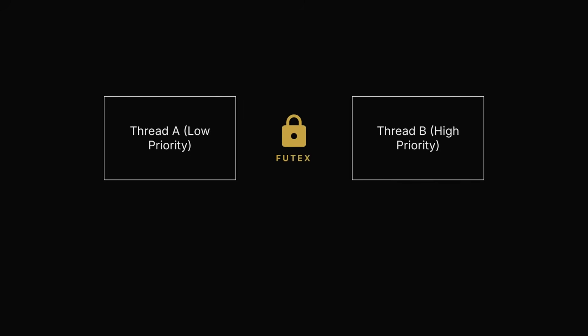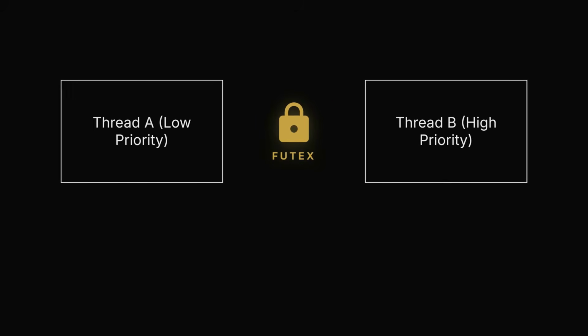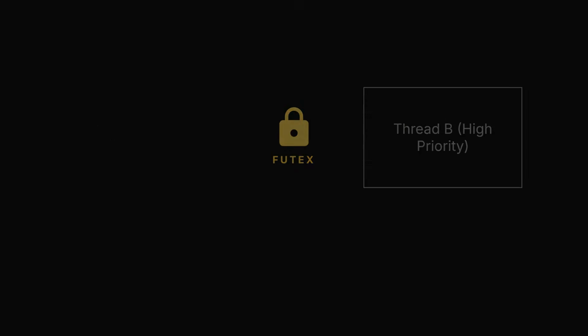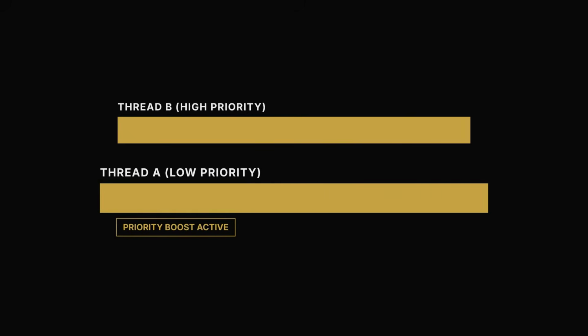To understand GhostLock, we need to look at how the Linux kernel handles priority inheritance. When multiple threads compete for the same resources, the kernel uses Futexes, fast user space mutexes, to manage who gets access and when. Priority inheritance is designed to prevent a situation where a high priority task is stalled waiting for a low priority task to release a lock. If a low priority thread holds a lock that a high priority thread needs, the kernel temporarily boosts the low priority thread so it can finish faster and release the